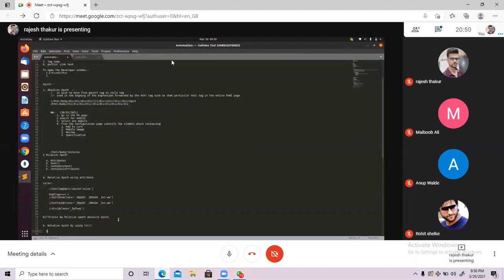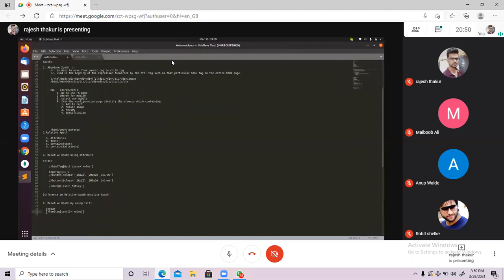Syntax number 1: // HTML tag, then square braces, and then the text function equal to value. Listen very carefully. This is a very important concept.